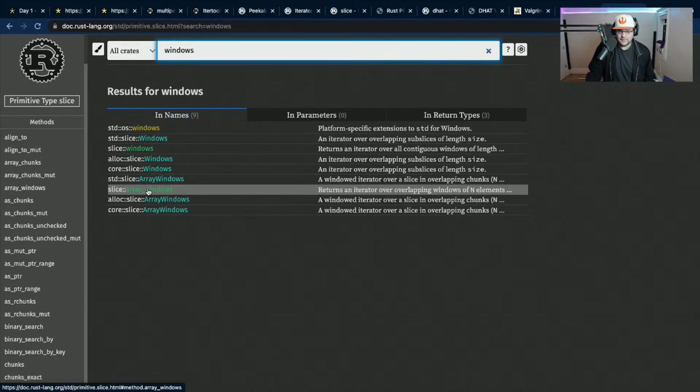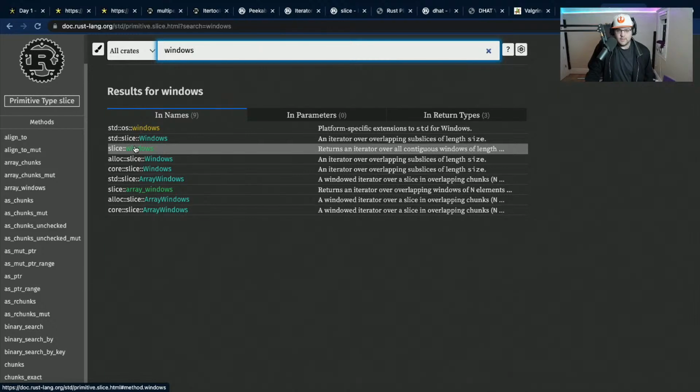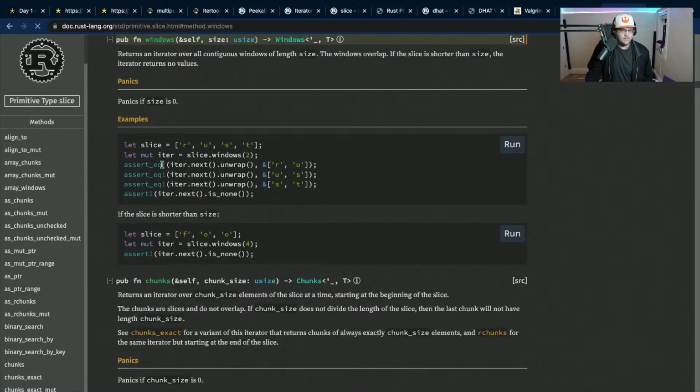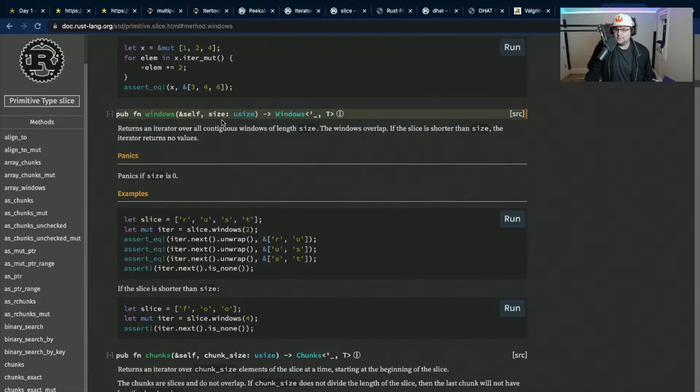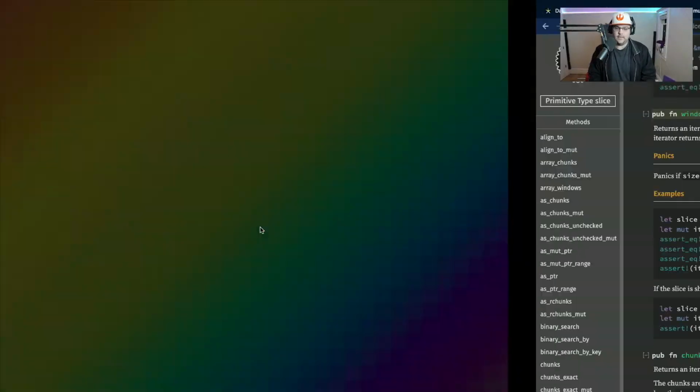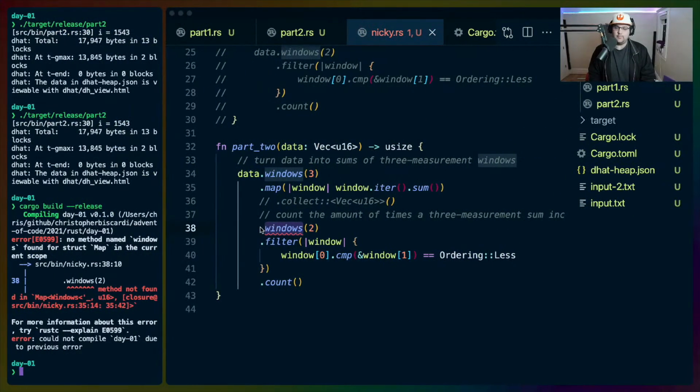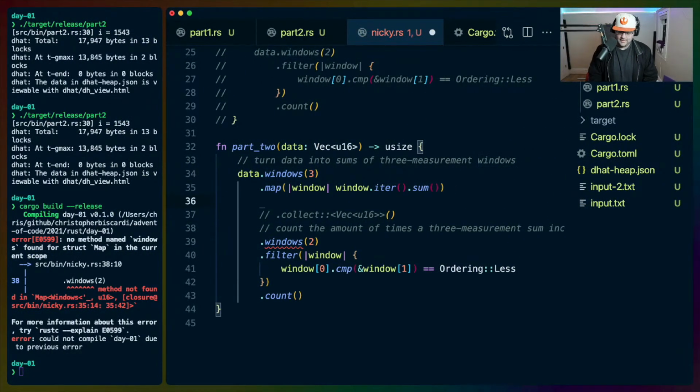We have array windows on slice. If we are going to do that, I think we have to change that code, actually, which is probably easy. We're going to do peekable again.